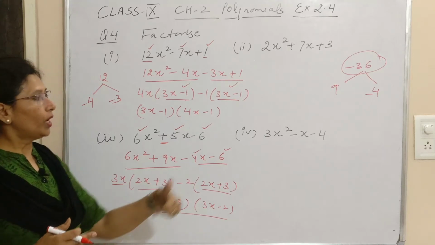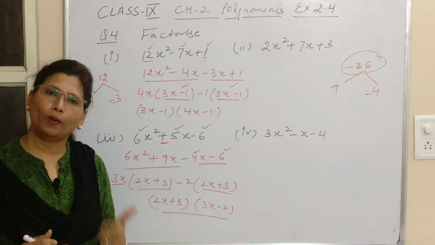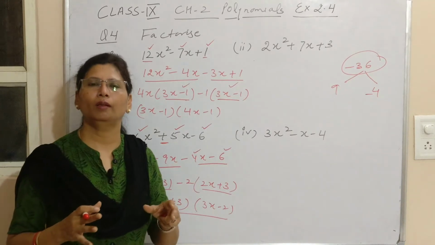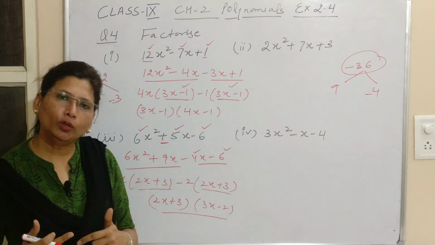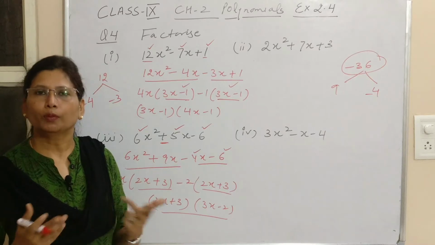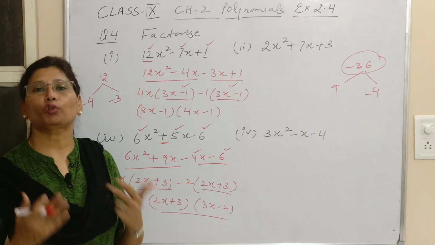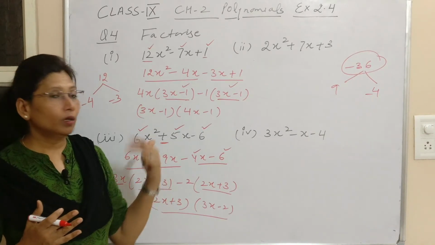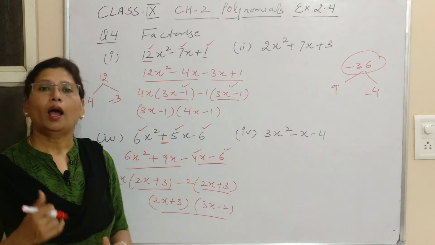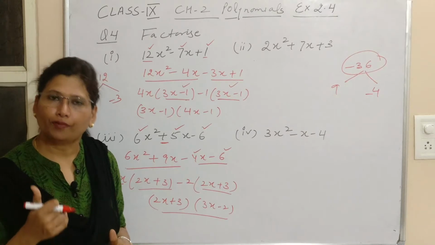This way you can do the fourth part also. I want you to try the question all by yourself. If you have any problem or make a mistake, it's absolutely fine, because when we are learning something new, we do make mistakes. After certain practice, we become perfect and feel very confident when we solve the problems. So I think these are the quadratic polynomials, degree 2. I'll take the question now with the cubic polynomial, which is in question number 5.